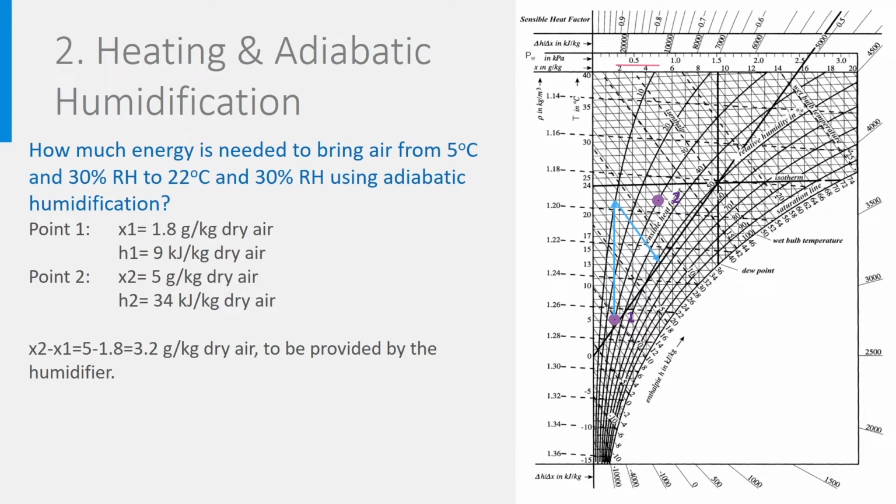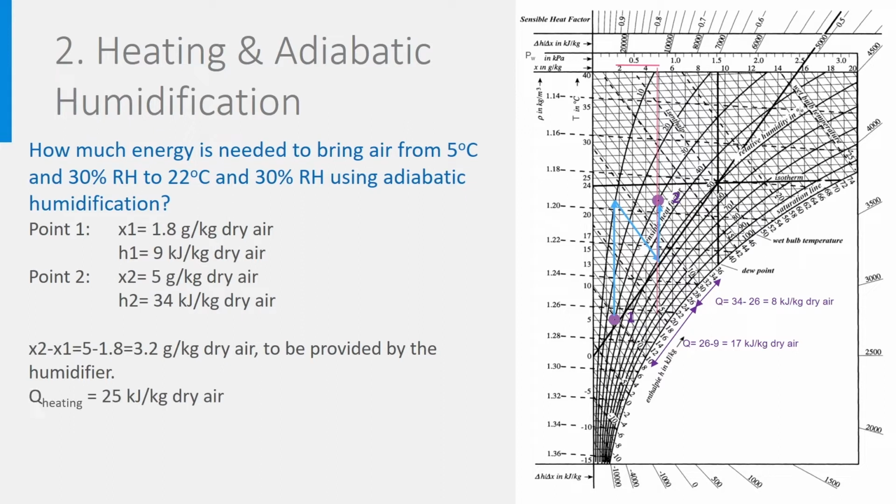And we have to stop the humidification process when the air has the right humidity, which is 5 gram per kilogram. This process does not cost energy as the enthalpy remains constant. We now have the right humidity, but the temperature has decreased to 13 degrees, so we need to reheat the air to 22 degrees following this line. So, for the first heating process, we need 26 minus 9 is 17 kJ per kilogram. The adiabatic humidification costs no energy and the second heating process needs 34 minus 26 is 8 kJ per kilogram.